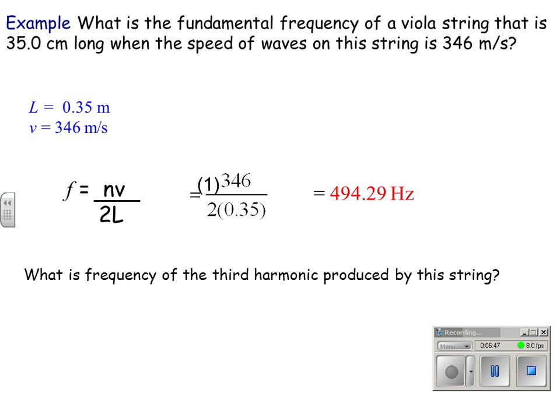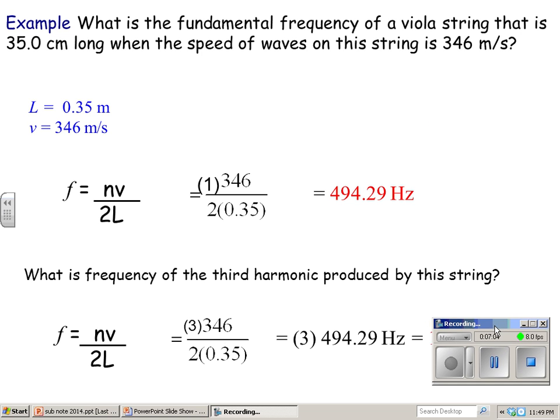494.29 hertz. If I wanted to find the third harmonic of this string, then I just take this fundamental frequency and multiply it by 3. You could also rearrange or do the formula again and instead put 3 in for n. So both ways would work, and you'd end up coming up with